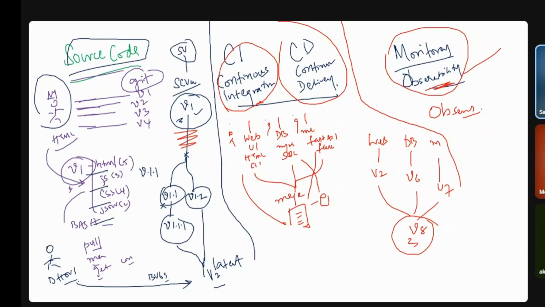observability tells you whether what is developed by the development team really exists in that form or not. Like we'll go back to the Swiggy example. If Swiggy changed the logo, it should reflect on all the Swiggy apps. If Swiggy changes the color, it should reflect on all the Swiggy applications. If Swiggy tries to change the control flow of the ordering, it should work the same way across all the